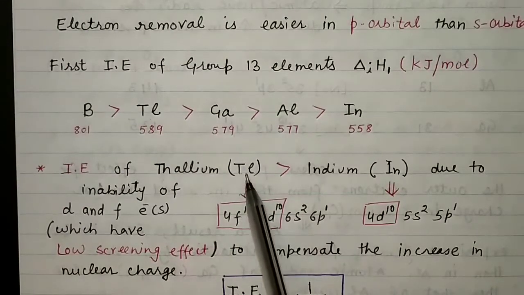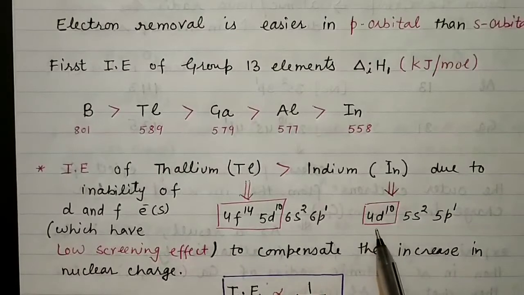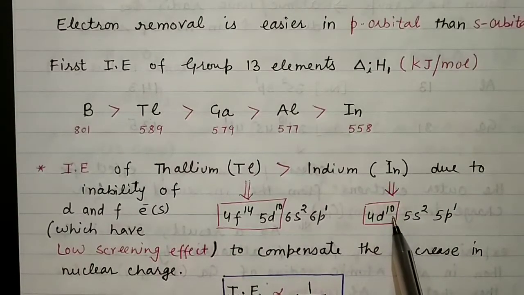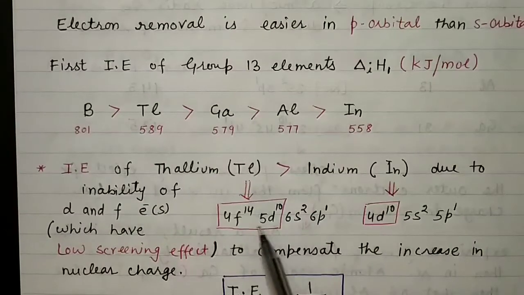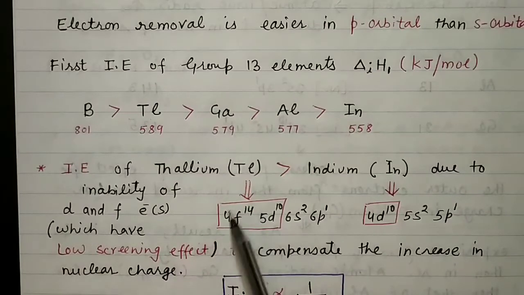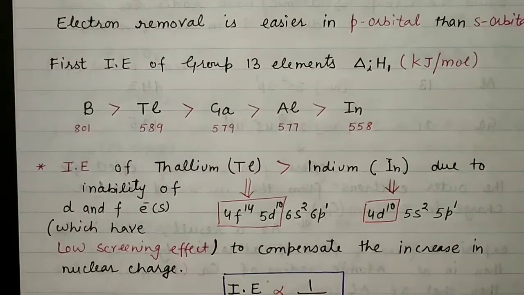That's why you will see, in the case of indium, only d orbital electrons are there, but in the case of thallium, along with the d we have the 4f orbital electrons also. And we know that d and f both have a very poor shielding effect. That's why the value is